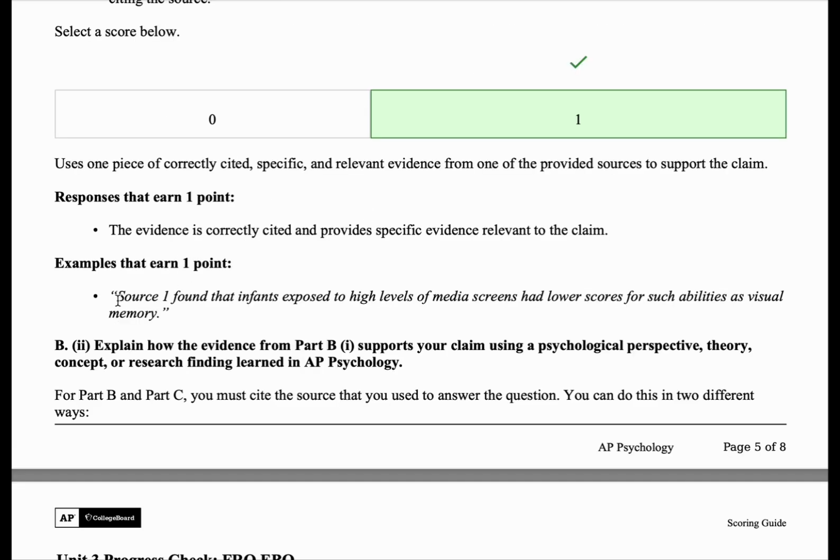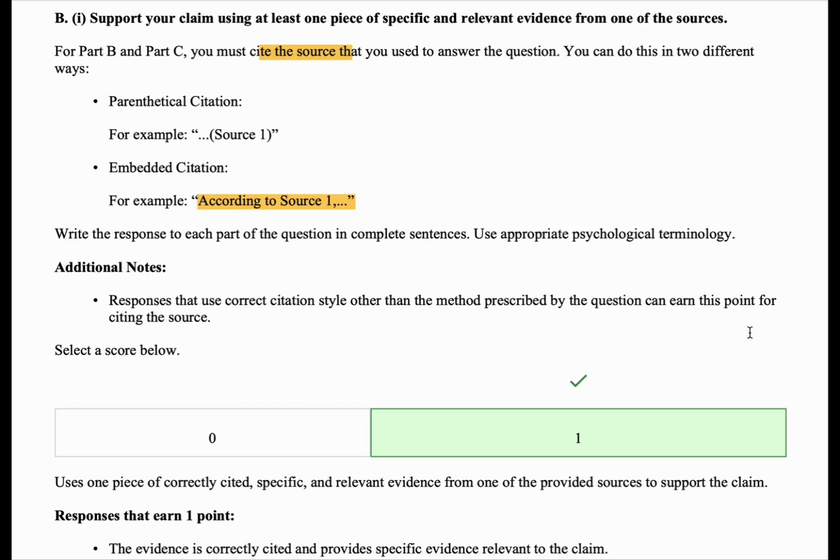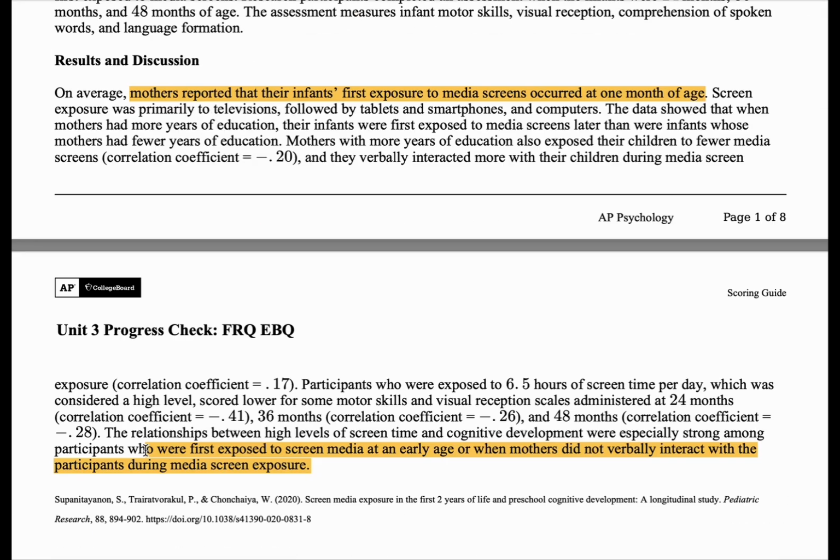So what we can say is that source 1 finds that blah, blah, blah. You cannot copy and paste what's written in source 1 summary results. You are not allowed to do that, but you can just paraphrase it using your own words. For example, what did source 1 say? I'm going to go back to source 1. If a participant is exposed to screen media at an early age, then the relationship between high levels of screen time and cognitive development was especially strong. So the relationship between